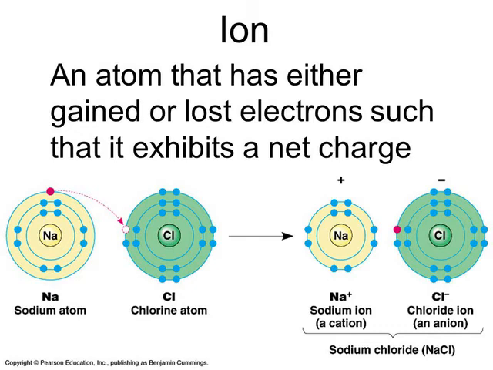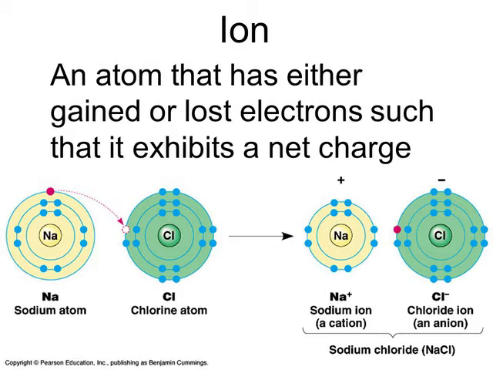Now, if we talk about ions, ions are a little bit different. Ions will not have a balanced charge. They will either have a positive or a negative charge depending on whether they gained or lost an electron. In this example right here, we have sodium and chlorine. Sodium has 11 electrons, and in its outer electron shell, it only has 1. Chlorine, on the other hand, has 17 electrons. And because that outer shell is missing 1 electron, it could add 1,